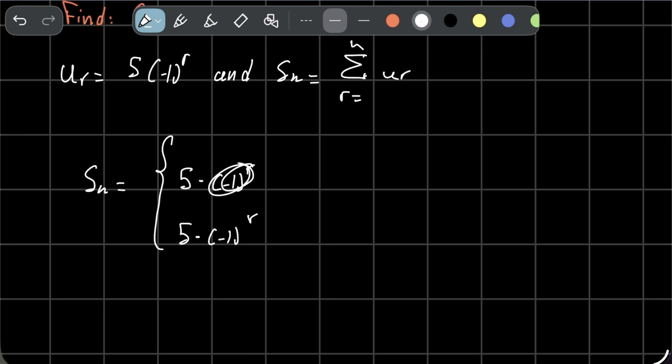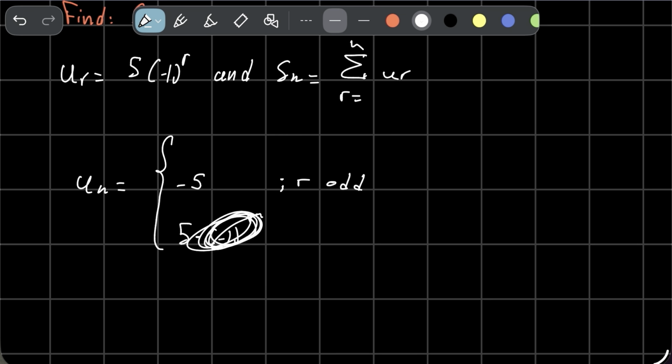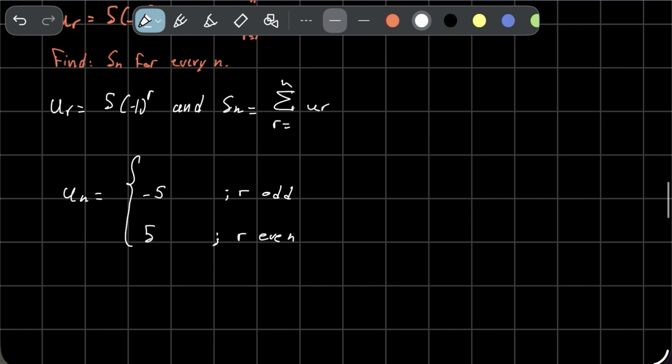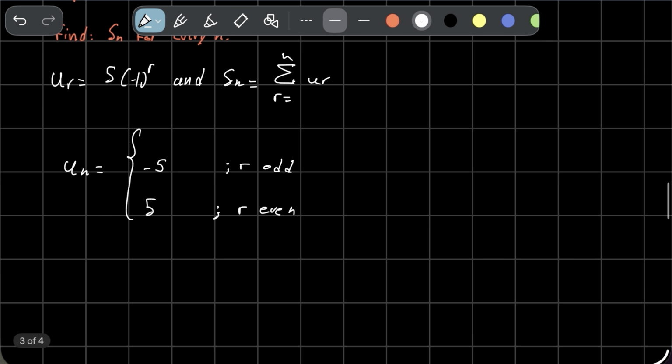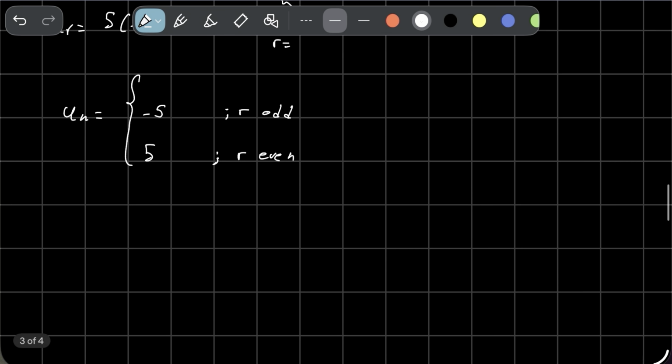So u_n equals -5 if r is odd, and if it is even, it will be equal to 5. Now the question is asking us about S_n. We don't want u_n, we want S_n. Therefore, since S_n equals u1 plus u2 plus u3 plus and so on, plus u_n,